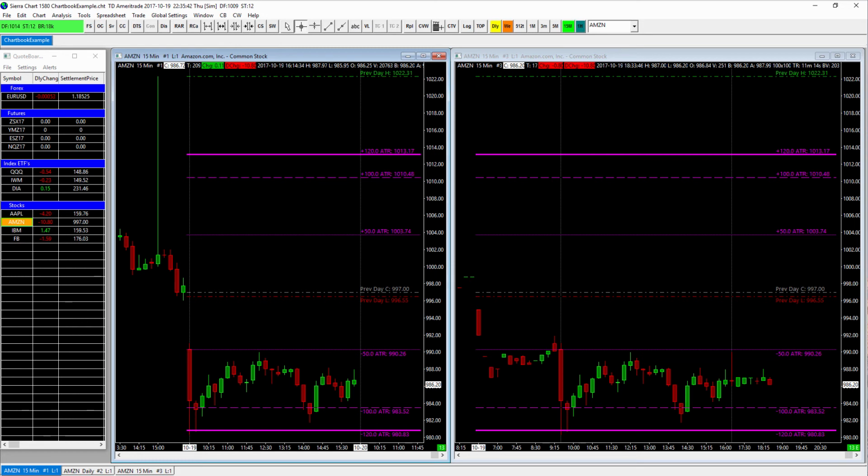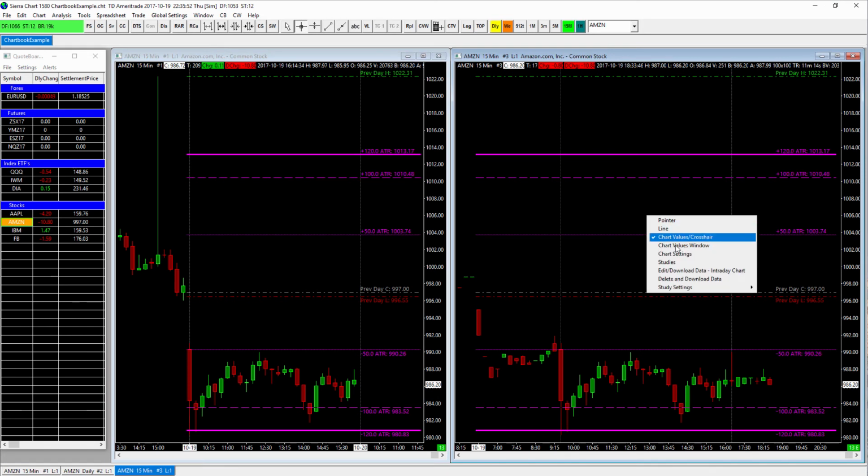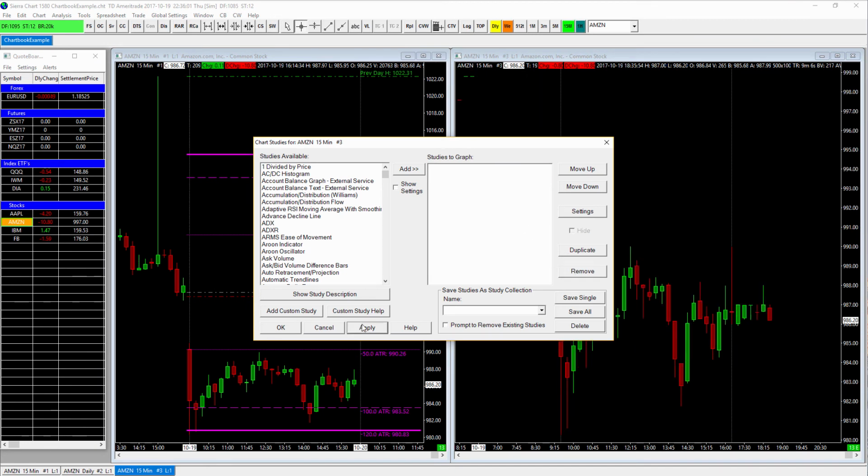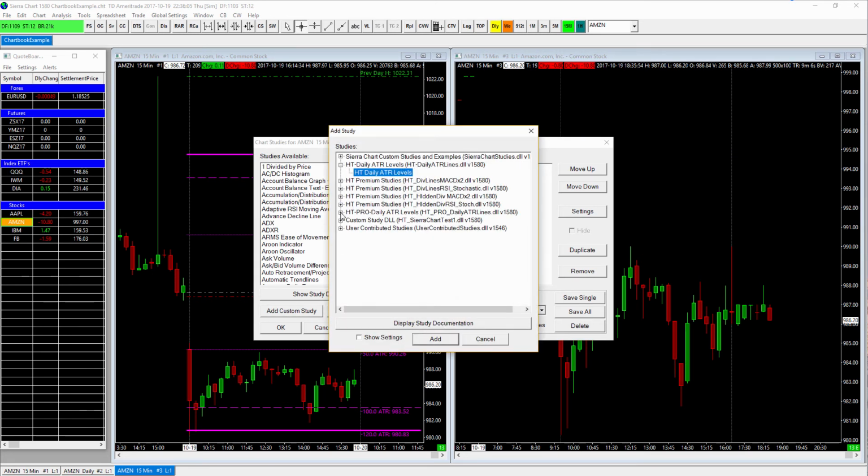So first I wanted you to see that the indicators, the Pro version and the standard version, side by side have many things in common. So let me go ahead and adjust the right hand chart, and we'll go ahead and remove the standard version, and I'm just going to right click on the chart and select studies. We'll remove the standard version, which is here, then we'll hit apply. Then we can go to add custom study, and I'm going to go down here to the Pro version, HT Pro daily ATR levels, click add,